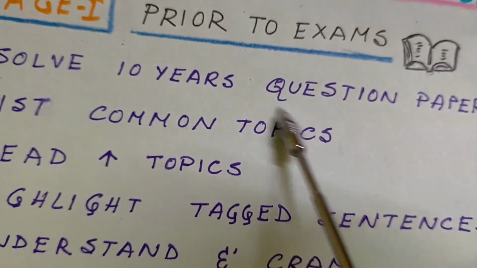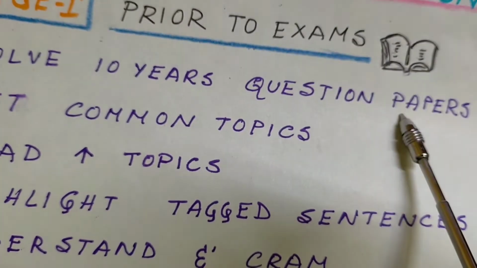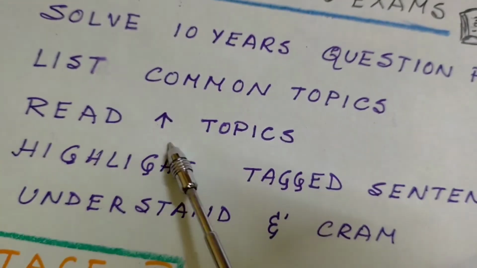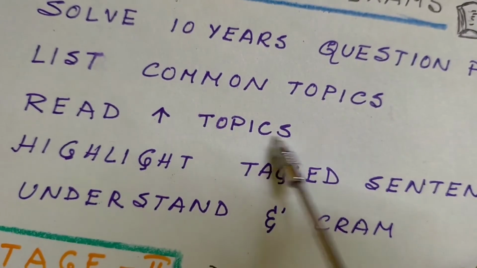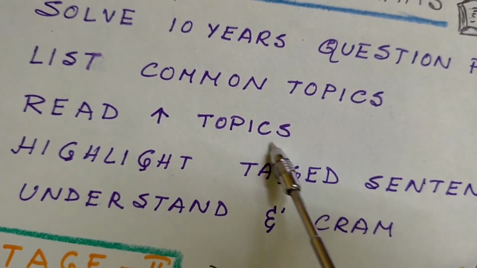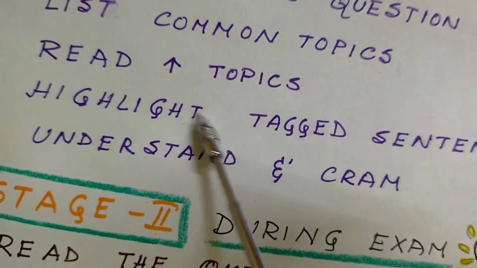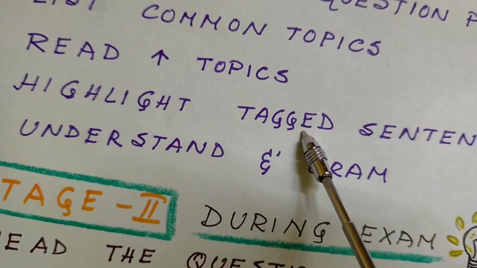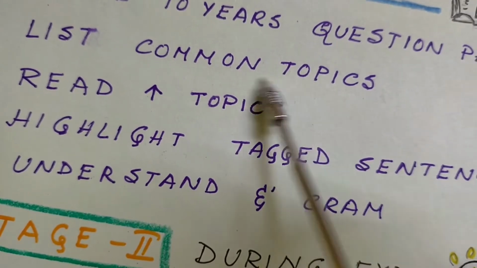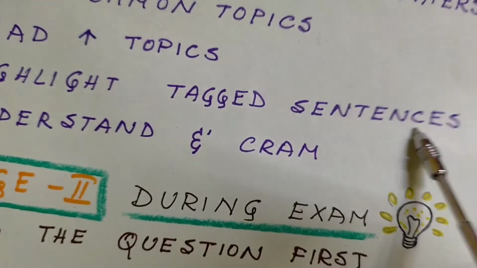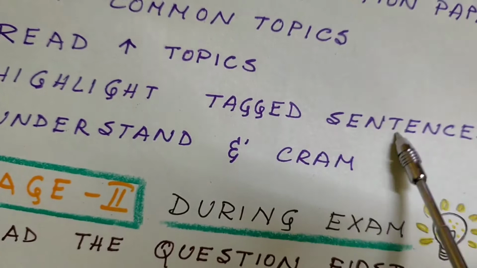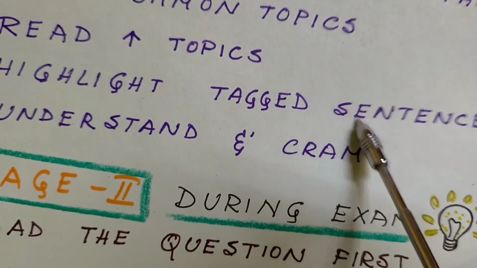Now, whenever we get cases in the question papers, we will always see that from the topic which we are reading, some sentences are highlighted, some sentences are tagged. So what we must do is highlight those tagged sentences from the topic. Now we are not concentrating on the whole topic. We are only concentrating on the tagged sentence. Let us highlight the tagged sentence. Let us read this tagged sentence repeatedly and understand the meaning of this sentence.